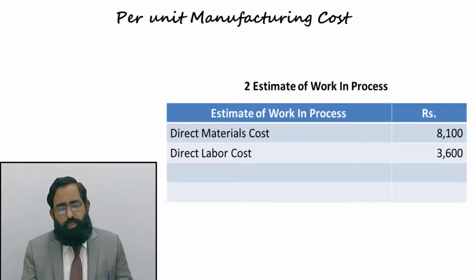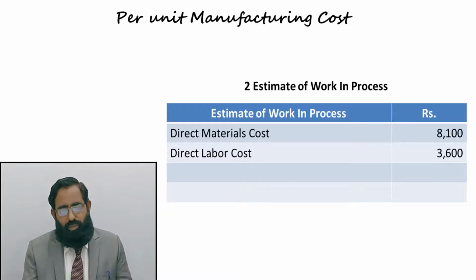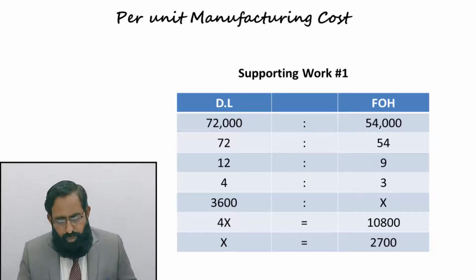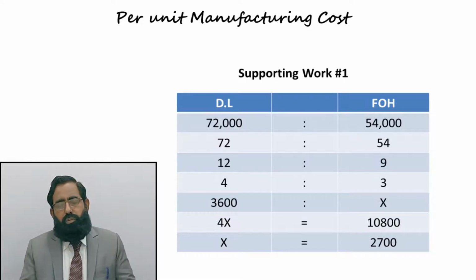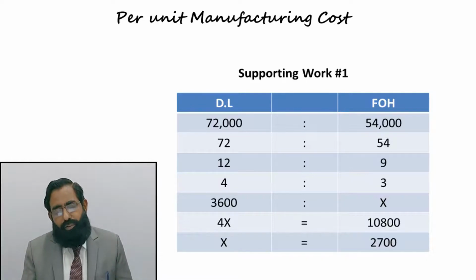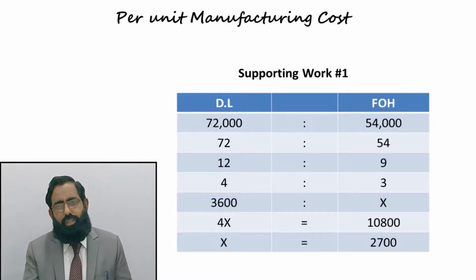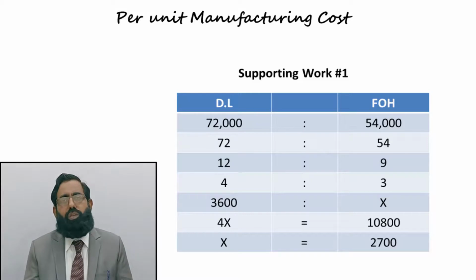मैं अब आपको सपोर्टिंग वर्क एक्सप्लेन करूंगा कि सपोर्टिंग वर्क हमने कैसे कैलकुलेट किया हुआ है, और उसके बाद हम दोबारा इसी पॉइंट पे आएंगे। यू सी, सपोर्टिंग वर्क आपको स्क्रीन पे शो हो रहा होगा। उसने क्वेश्चन में जो बता रखा था, जब हमने क्वेश्चन रीड आउट किया, कि जो FOH है, दैट क्लोजली फ्लक्चुएट्स विद डायरेक्ट लेबर कास्ट। जो डायरेक्ट लेबर कास्ट चेंज होती है, FOH कास्ट भी उसी रेशियो से चेंज होती है।